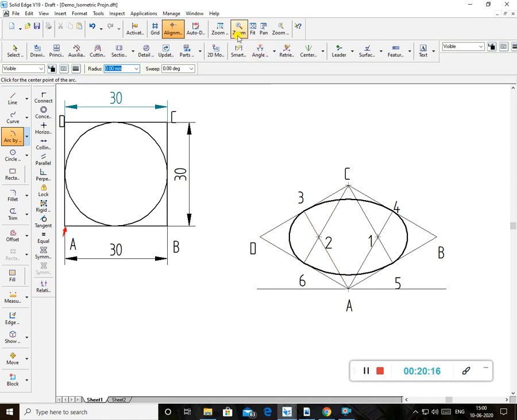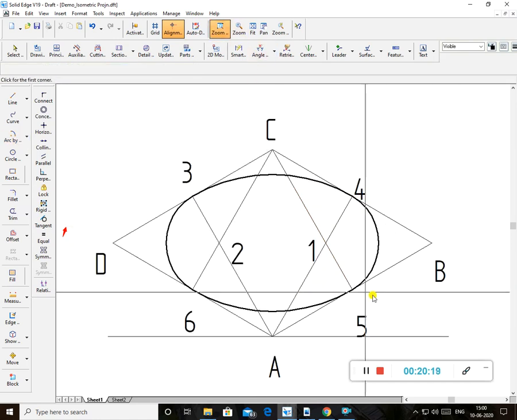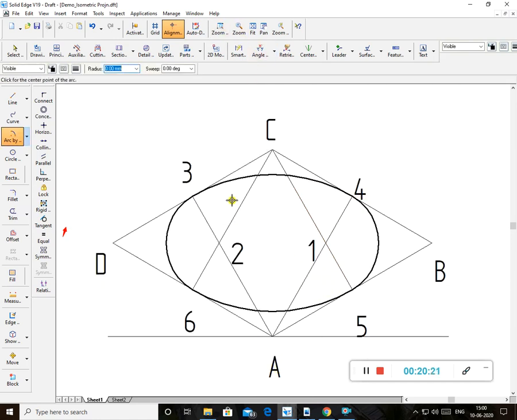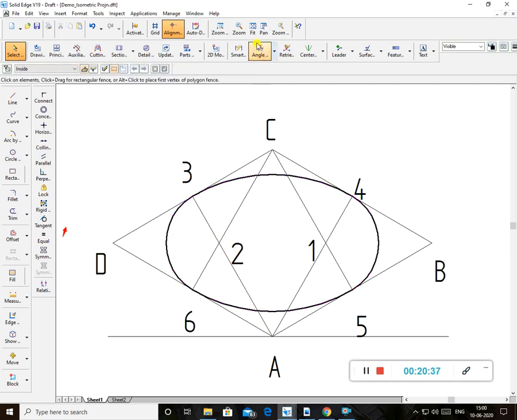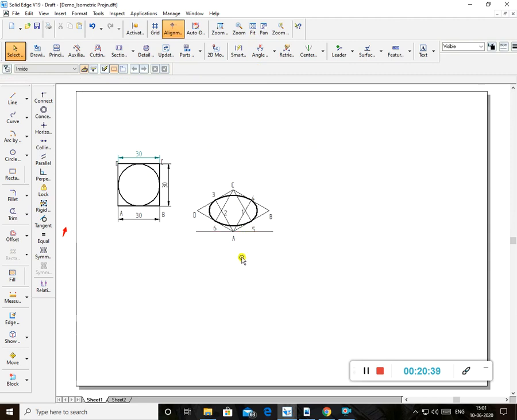Now what is this? This is the isometric circle. Can you see the circle here? I hope you can feel this circle. This is the top view of the isometric circle. This plane is the top view plane. In this way you have to draw the isometric circle, because this type of circle is required to construct the cone.